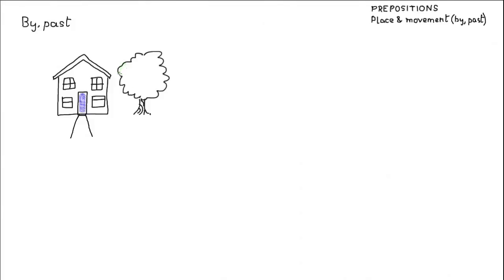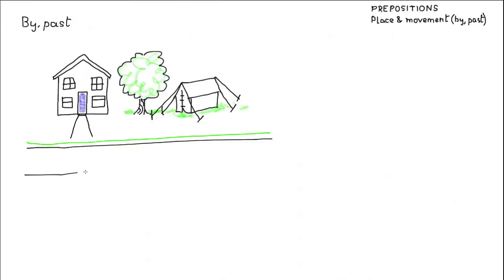We're looking at by and past, the prepositions, first of all, and here's a picture. Draw a house and a front door and a little walkway and put in a tree, a nice green tree, some grass and a tent, and next to the tree and in front of the house we'll put a road with a path. Okay, now I can write up here, the tree is by the house, next to the house if you like,